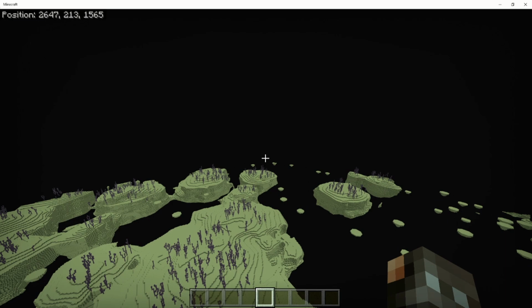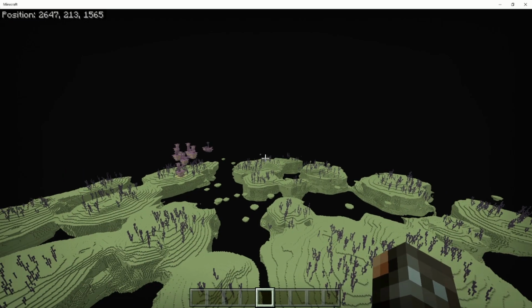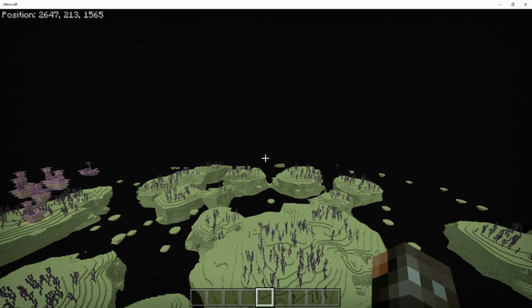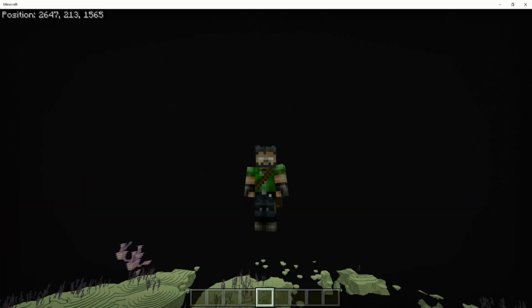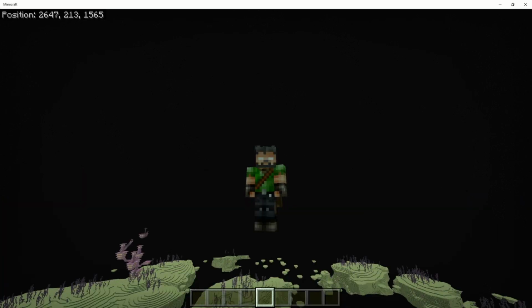And my computer is screaming in pain at the moment because I've got my render distance set up to 80 chunks. 80 chunks, yeah, it's a bit much, but I do think that is where I'm going to wrap up